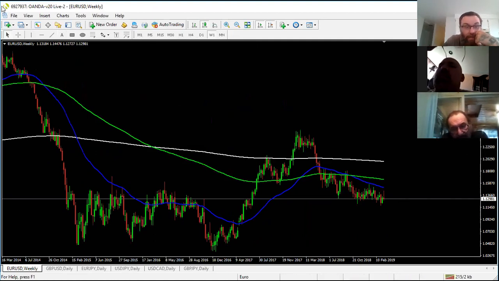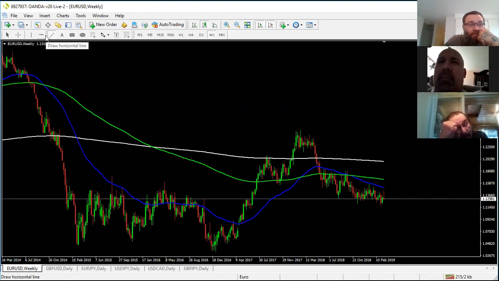The other thing is, if you're just starting, you want to have these tools up here on your toolbar, okay? You want to have your trend line, your horizontal line, your vertical line, text, rectangle, ellipse, Fibonacci,